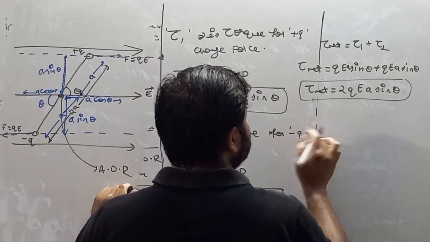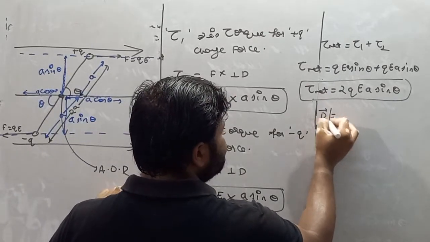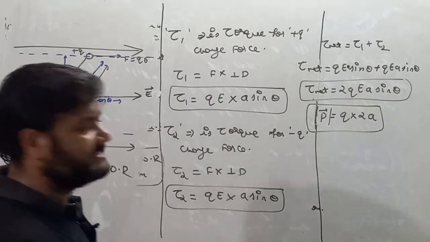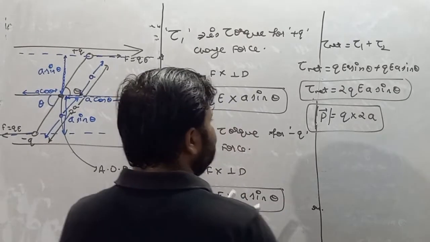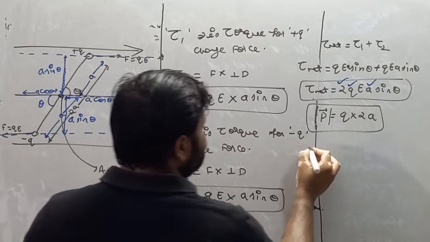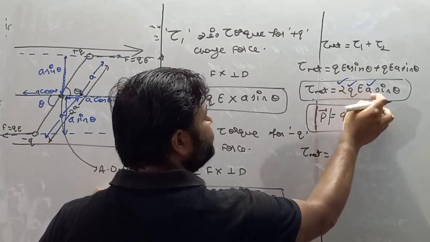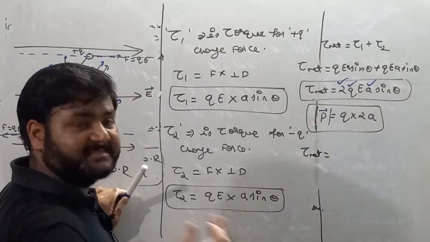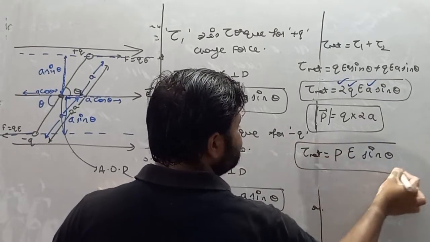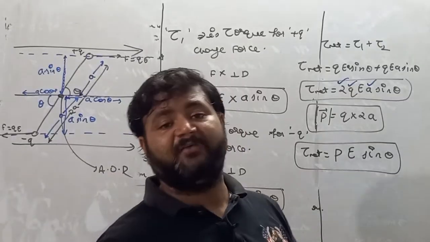2QEA sin theta. Now see dear student, we know that the value of dipole moment is magnitude of positive charge and separation between the charge, that is 2A. So see here, we have 2, we have Q and we have A. So what we'll write? We'll write tau net is equals to, instead of 2Q and A, I'll write P as dipole moment. So PE sin theta. This is the value of torque which is acting on this dipole placed in uniform electric